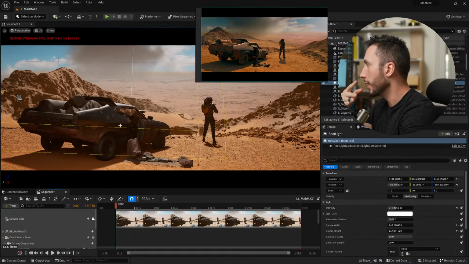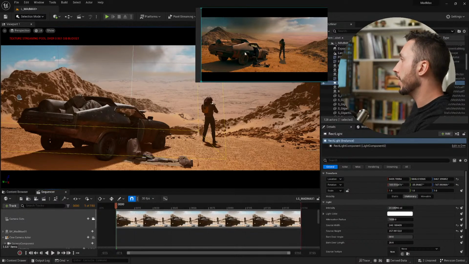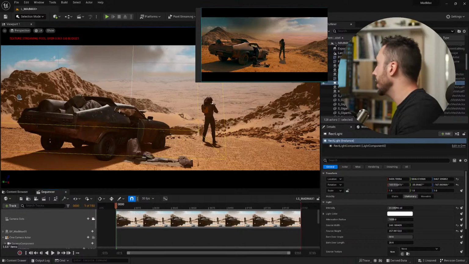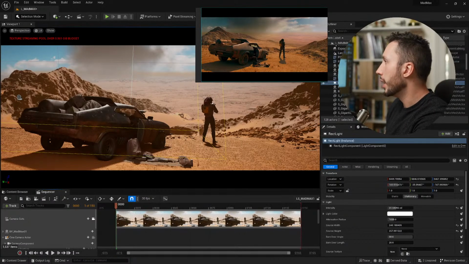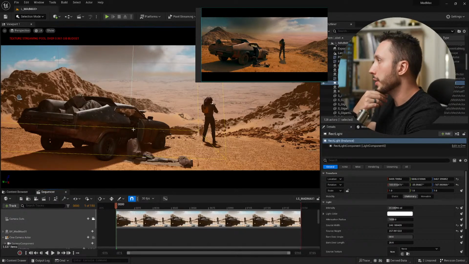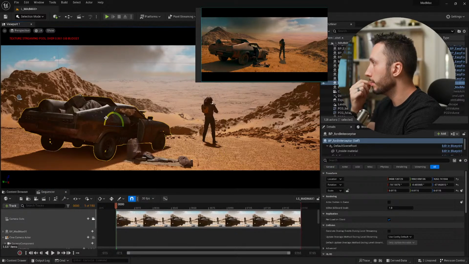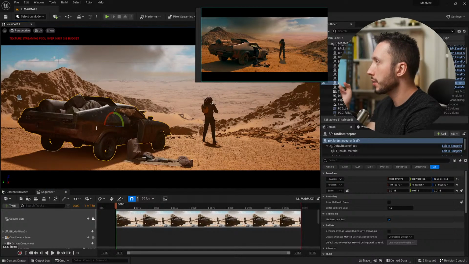Good eye on that. I do see the teal in the shadows. Good point. Let's actually try to add that in the color correction volume. Yeah, I agree. I think it is teal in the shadows. That's a good eye there. I am also noticing that this material here looks a little too slick, and it's kind of messing with my brain,